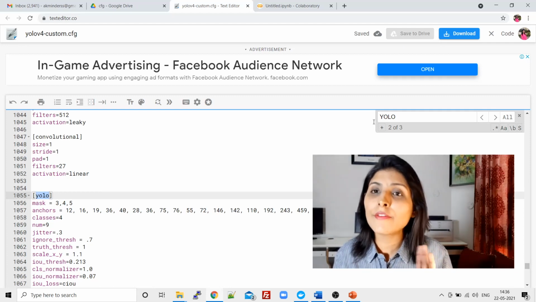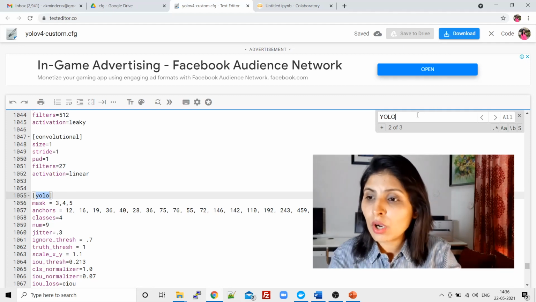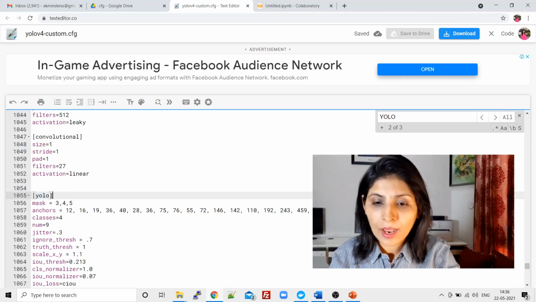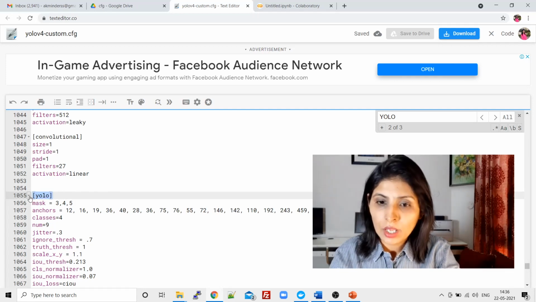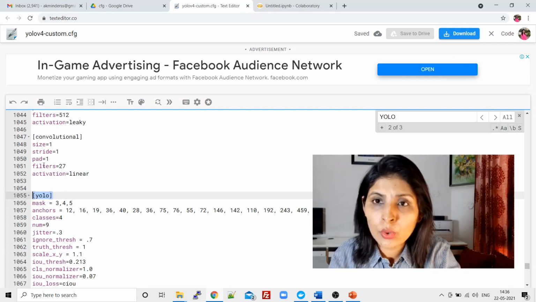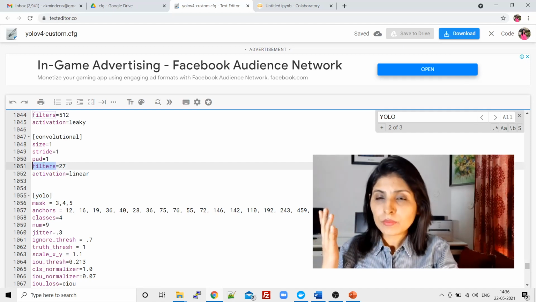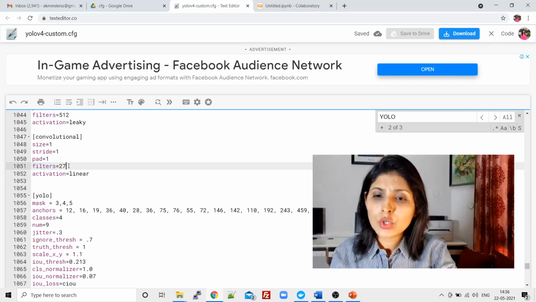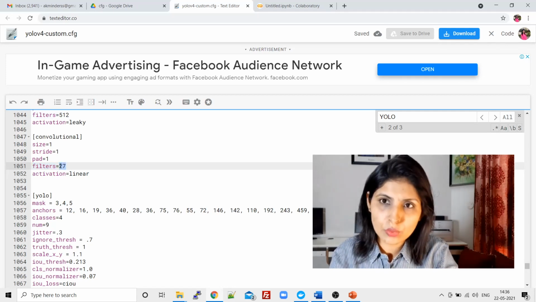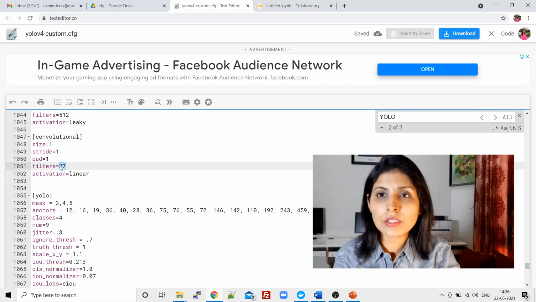So that's why we have 3 different YOLO layers. I have searched for YOLO, and this is the very first YOLO. Now just see above this YOLO layer, filters. By default, when you work here the first time, you would have, I guess, 255 filters over here. And you need to change these filters.